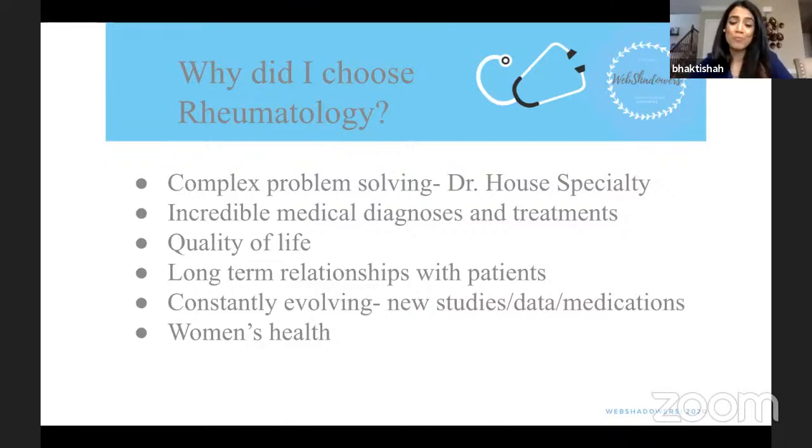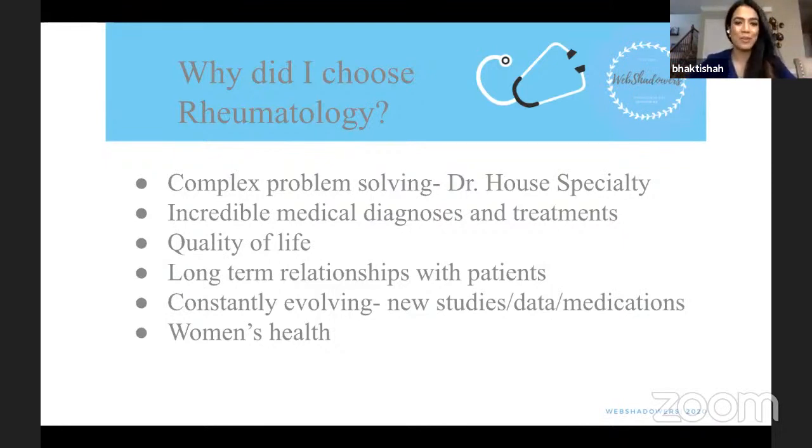Another great thing is the long-term relationships we can maintain with our patients. It's not a one-time evaluation and out the door. Patients with these autoimmune conditions, I see them every 3 to 4 months at least. In the beginning stages, I'm seeing patients every 2 to 4 weeks to see if they're improving, are the medications working for them, are they having any side effects? You get to know your patients well, they get to know you. I end up knowing my patients' kids, their parents. I know what's going on in their lives. They share a lot of intimate details with me, and I love that.